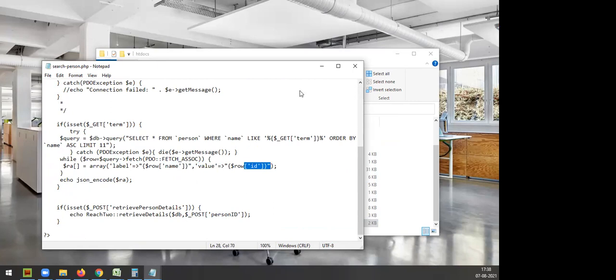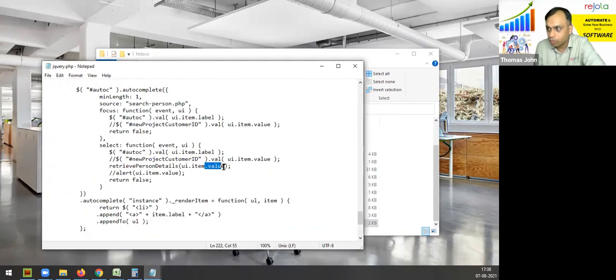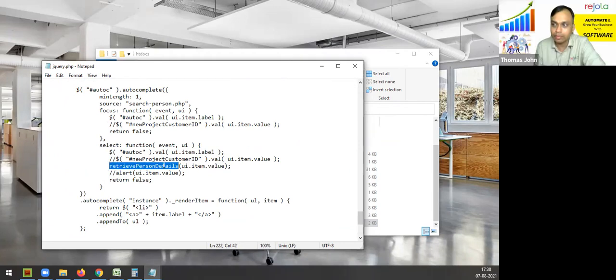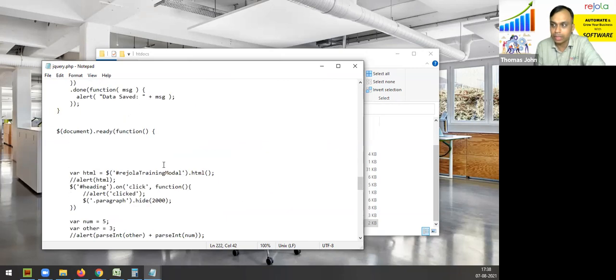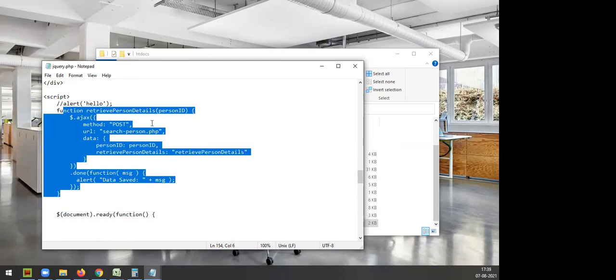So since value has the ID, I'm sending the ID into retrieve person details, which is here.